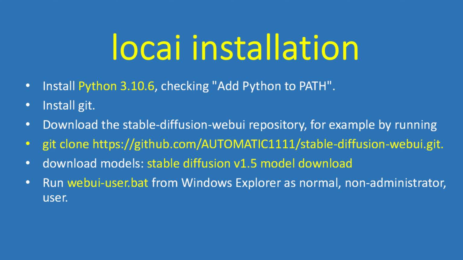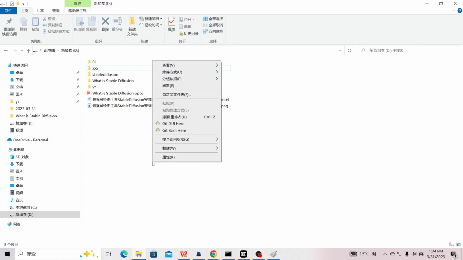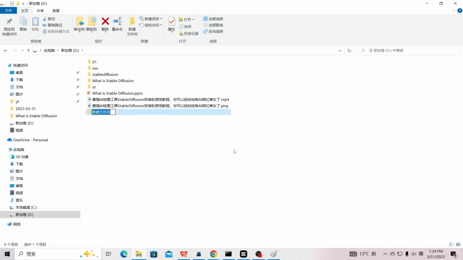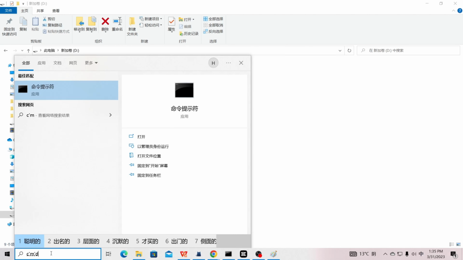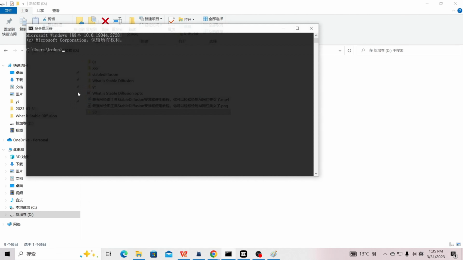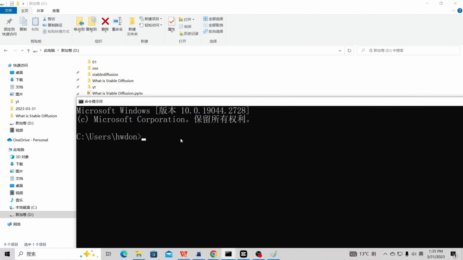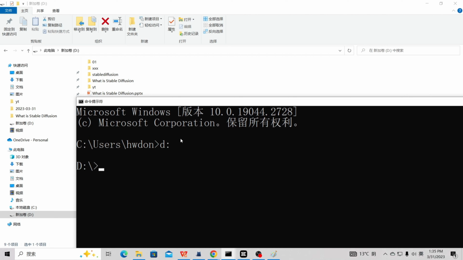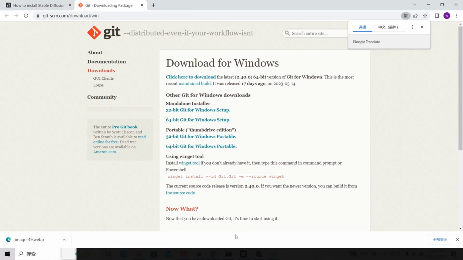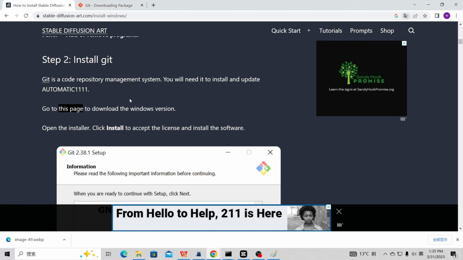In the search bar of Windows, enter CMD to open the command line window of Windows. Enter the corresponding directory, such as the SD directory of the D drive. Then execute the git clone command to download the Stable Diffusion WebUI to this directory.